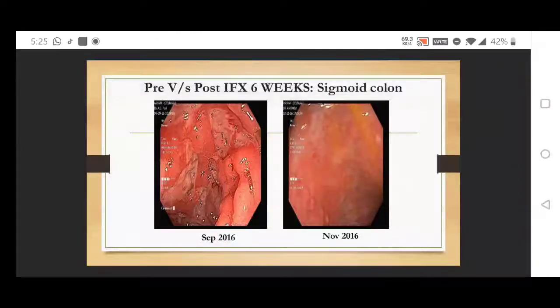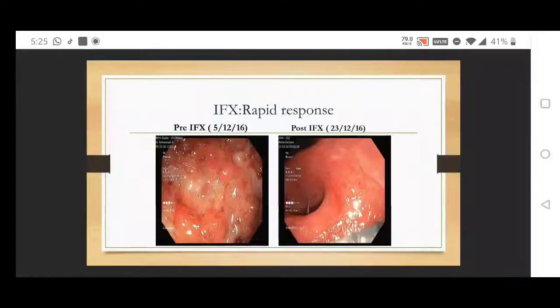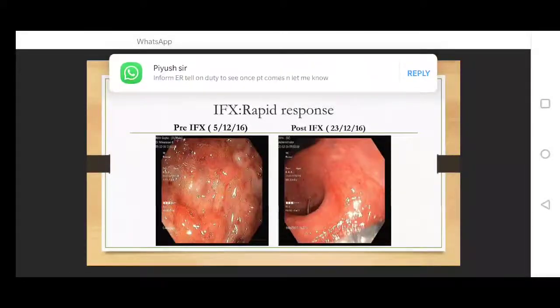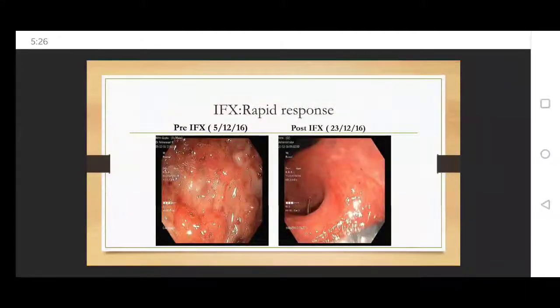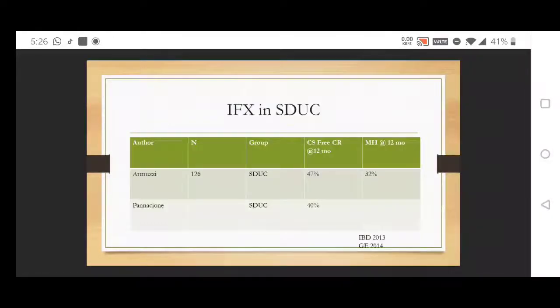about subsequently. Now, this slide, again, is our data from GB Pant, where we've shown that Infliximab acts quickly. On the left, you can see this was in mid-September, discrete ulcers, deep, scary ulcers. And 6 weeks later, in November, you can see most of the ulcers have healed. And this is at 6 weeks, sometimes even faster than that. This is the appearance on 5th December, and within 18 days, remarkable recovery. So that is a real plus point for Remicade or Infliximab, that it acts fairly quickly in those who